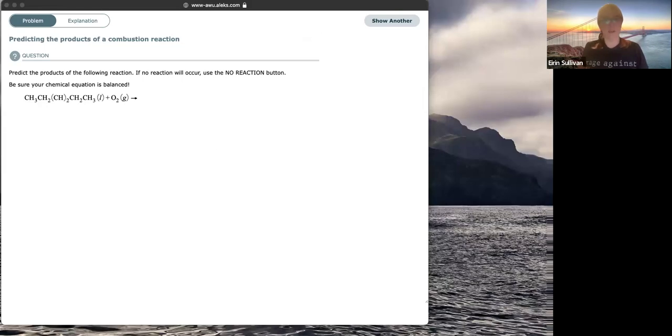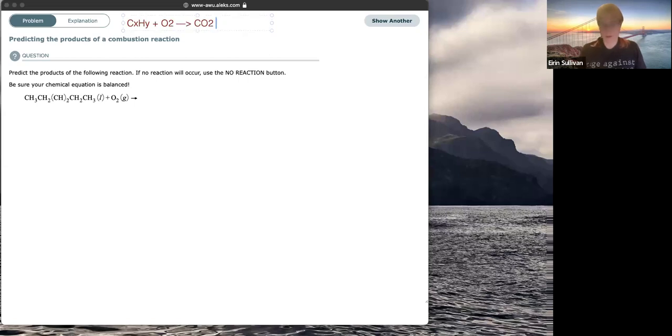So our definition of a combustion reaction is something burning in air to produce heat. So generally it's going to be some fuel plus oxygen, okay? Now, if that fuel is a hydrocarbon or a hydrocarbon with an oxygen heteroatom, so C something, H something else, maybe an oxygen in there, plus oxygen, the only possible products are carbon dioxide